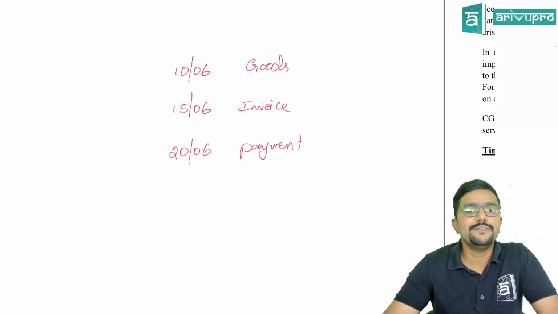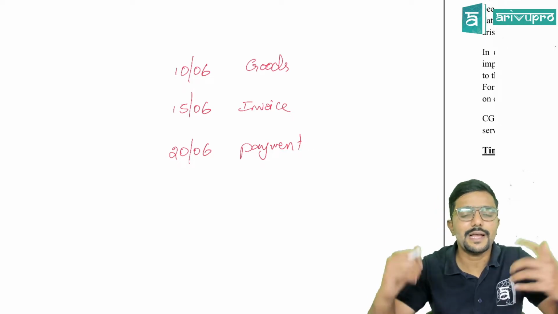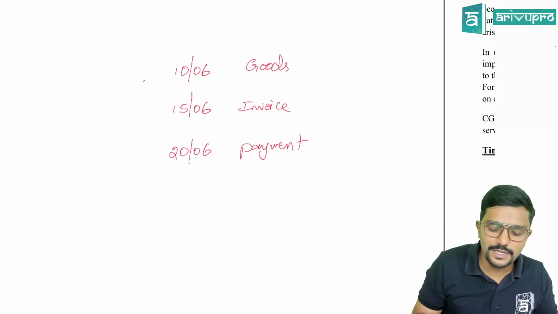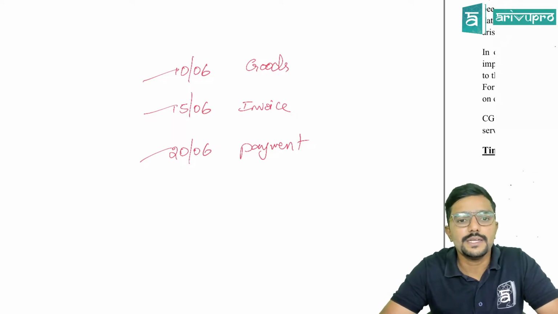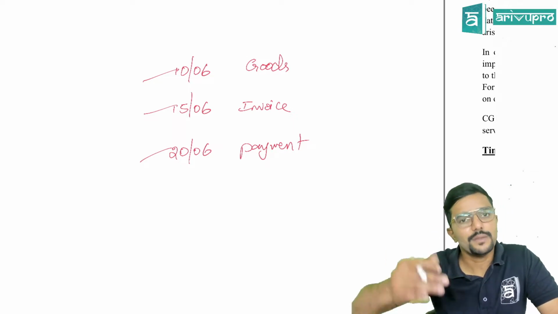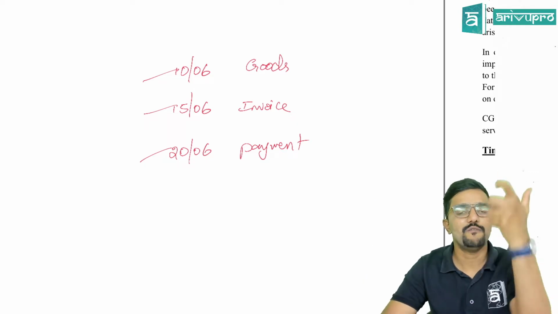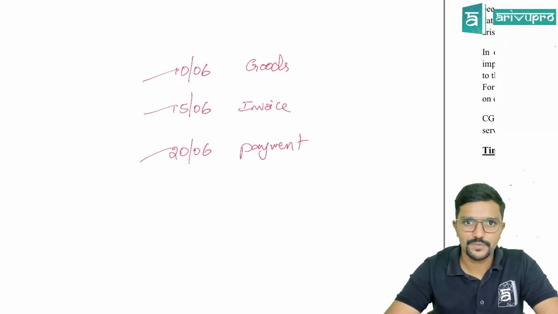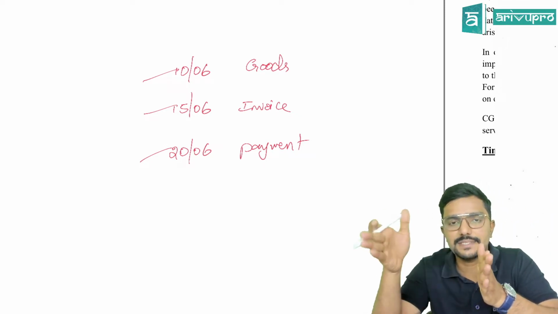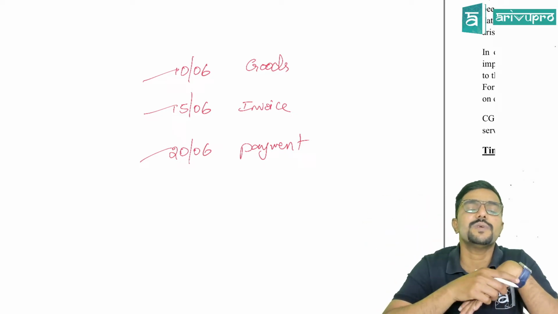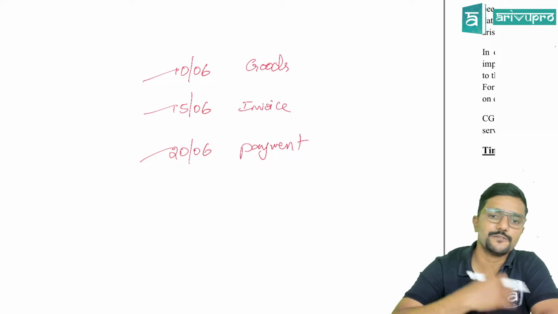So there are different events which have happened on different dates. Now if you ask me, sir, when has supply actually taken place? Is it on 10th June, 15th June, or 20th June? There is no clarity. Agree? That is why time of supply provisions are covered in the CGST Act, to give clarity on when supply has actually taken place. Considering whatever events have happened between the supplier and recipient, the time of supply provisions will tell us this is the time of supply.